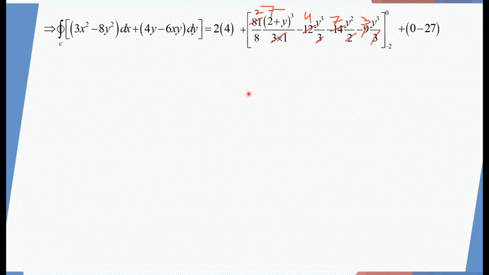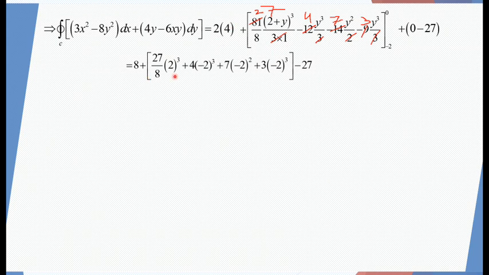So now 4 times [27 by 8], plus this is 27 by 8 into 2 cube, because when we put 0 then this is 2 cube, and when we put minus 2 then this will be 0. So only 2 cube remains. This is minus 4, and when we put 0 then it is 0, and when we put minus 2 and already minus, so minus minus plus, so it will be minus 2 cube. Same as this will be plus 7 into minus 2 square, and this will be plus 3 into minus 2 cube, and this is minus 27. So 2 cube is 8, so 8 is cancelled out by this denominator 8,